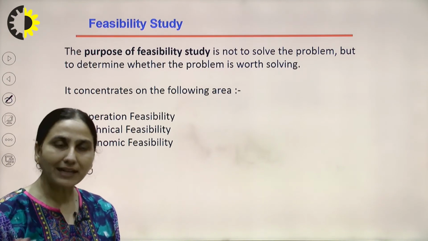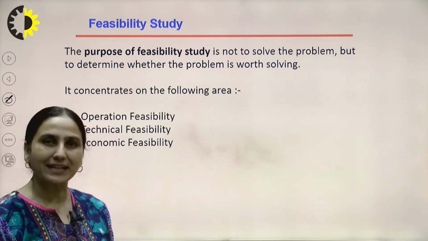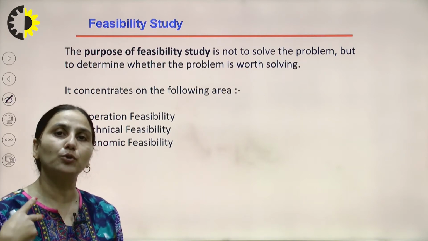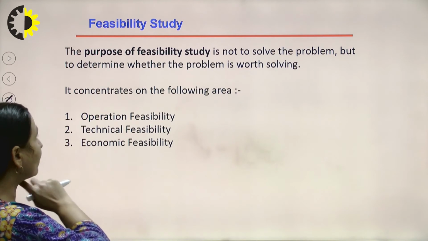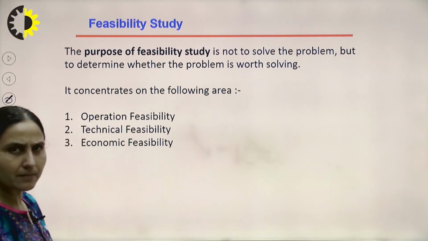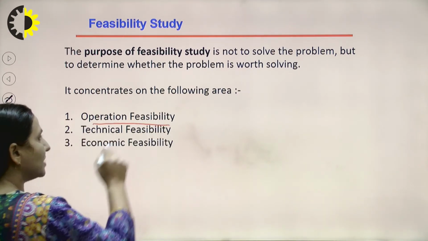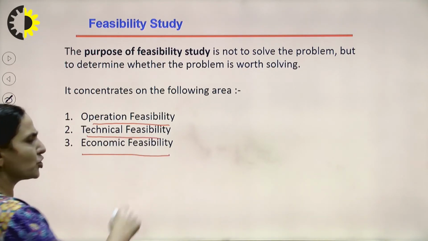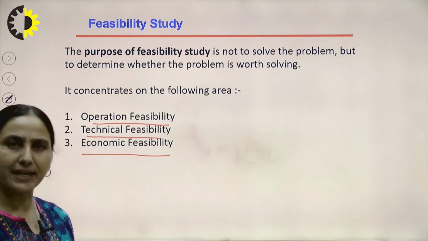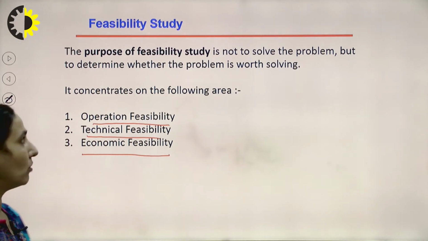Is it not the wastage of time, money and resources that need to be incorporated when we are going to develop a particular type of software? It again concentrates on the following area. There are different types of feasibility actually: operational feasibility, which deals with the operational type of thing, technical feasibility, economic feasibility, social. There are many types of feasibility study and they need to be properly taken care of.